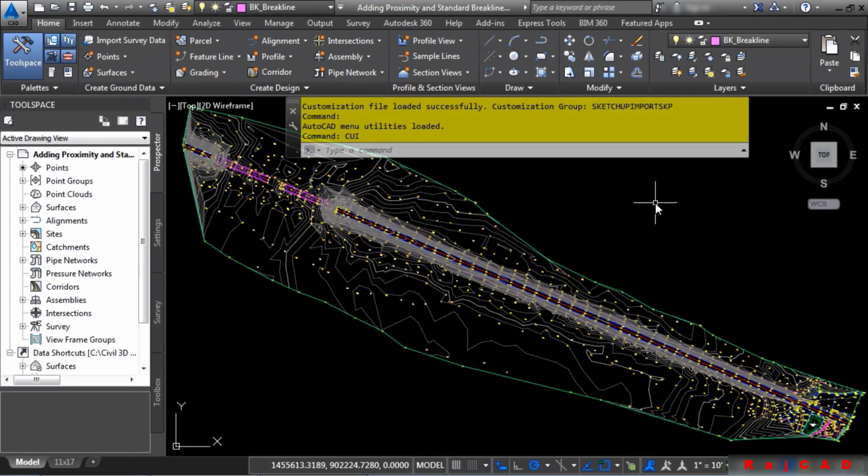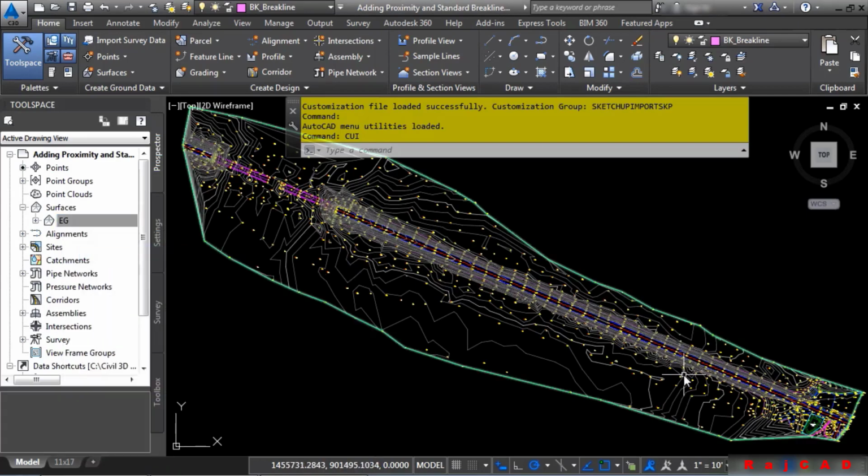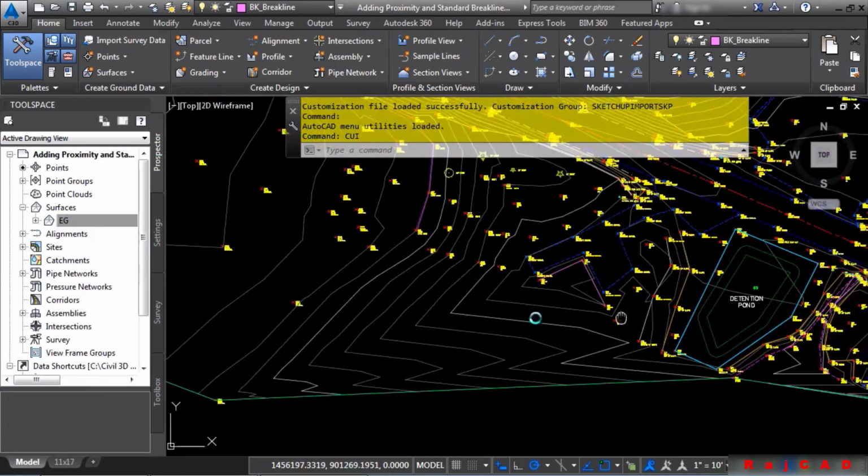Proximity breaklines are 2D polylines that initially have an elevation of 0. Each point on the polyline, the northing, easting, is calculated based on the closest surface point when you bring it into the surface. First, let's just verify that we have Rebuild Automatic turned on by right-clicking on the surface and choosing Rebuild Automatic. Now let's go ahead and zoom in to the bottom right part of our surface, and let's